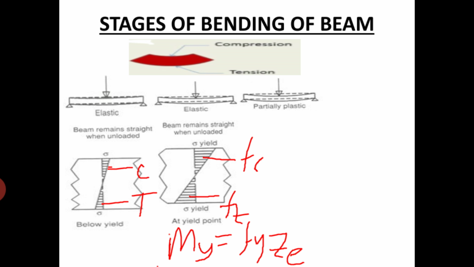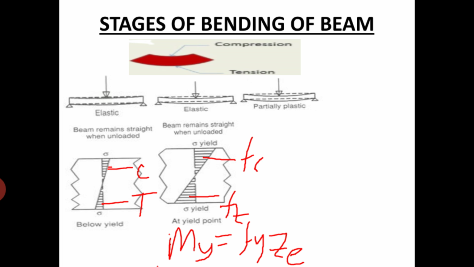So again, if we increase the load further, I'm talking about the third stage. In the first stage, we just loaded and unloaded it and the stresses were well below the yield stress. In the second stage, we loaded further and reached the yield stress in both the upper part and the lower part of the beam, and the yield moment we obtained is Fy into ZE. And then in the third stage, we increase the load beyond the yield,